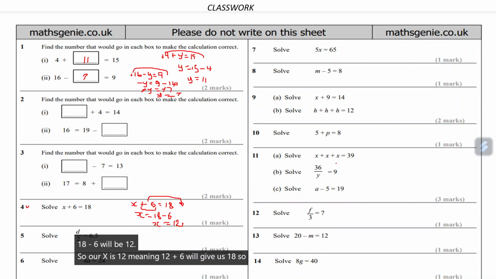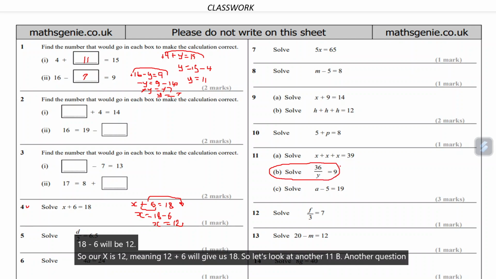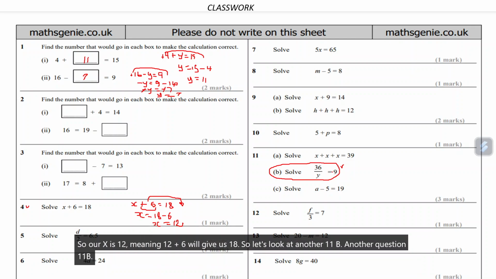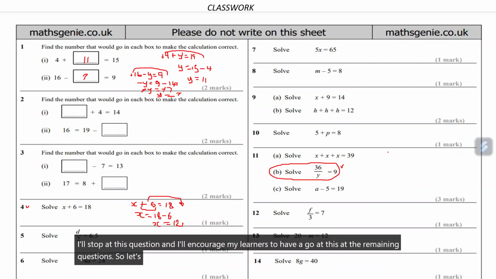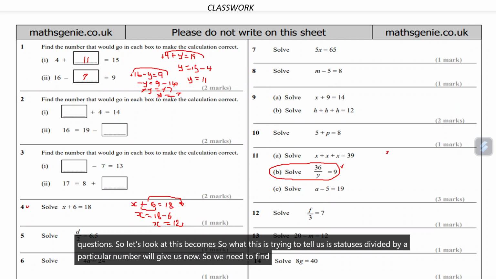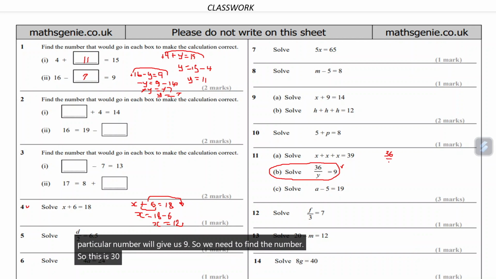So let's look at another question, 11b. I'll stop at this question and I'll encourage my learners to have a go at the remaining questions. So let's look at this. What this is trying to tell us is 36 divided by a particular number will give us 9. So we need to find the number. So this is 36 over y equal to